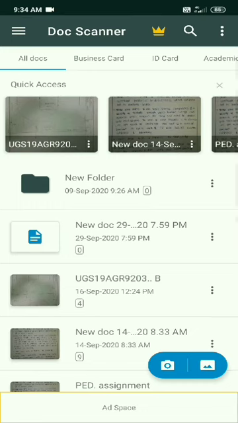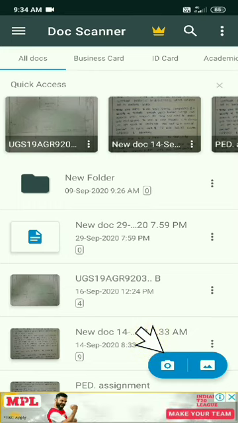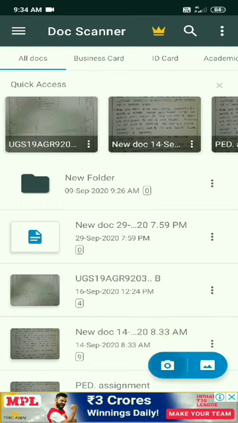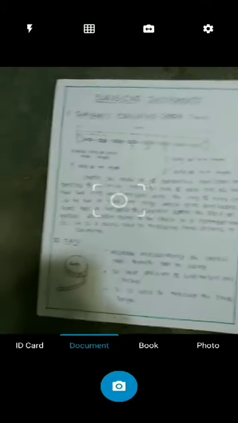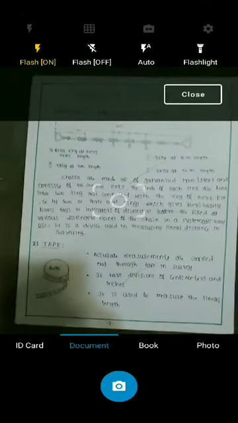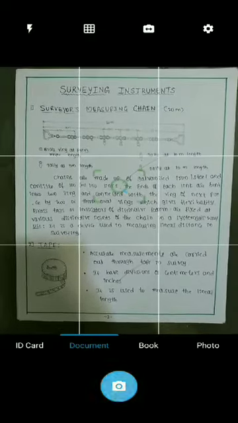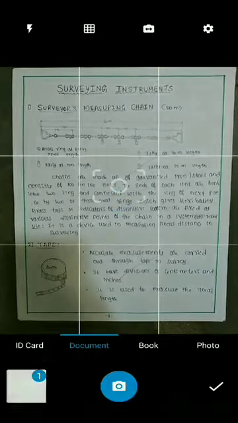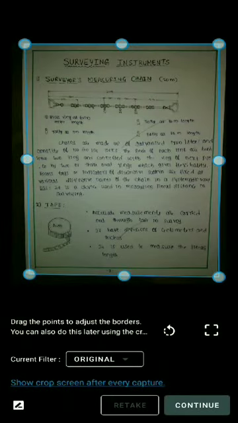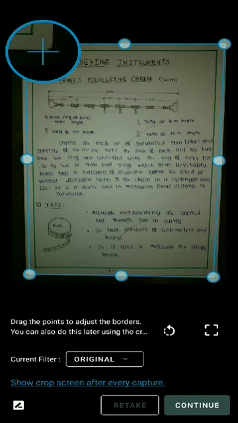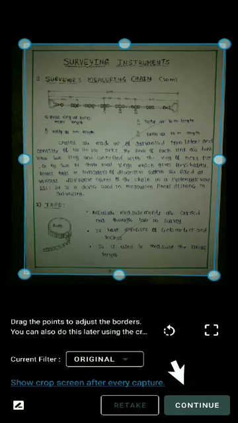After opening, you have to click on camera option. Then if you require flash, you have to turn it on, otherwise not. Then you must turn on guidelines for easy adjustment of the image. Then you have to capture it. After capturing, it will automatically crop itself. If you require any extra cropping, you have to do it manually. Afterwards, click on continue button